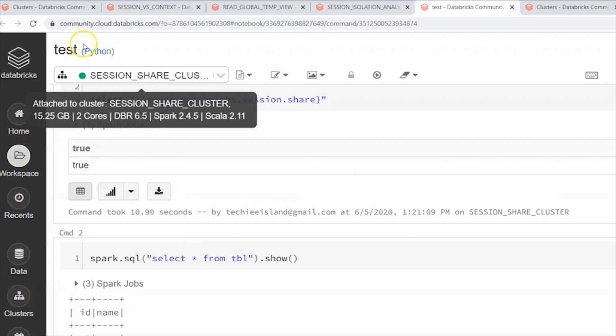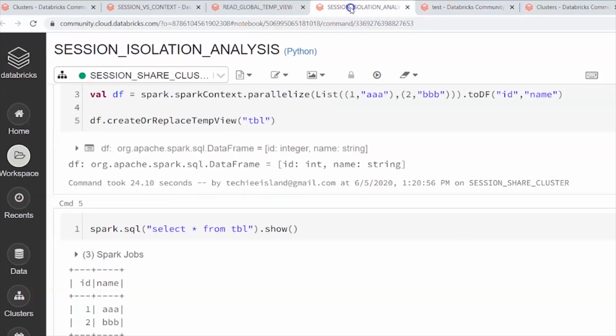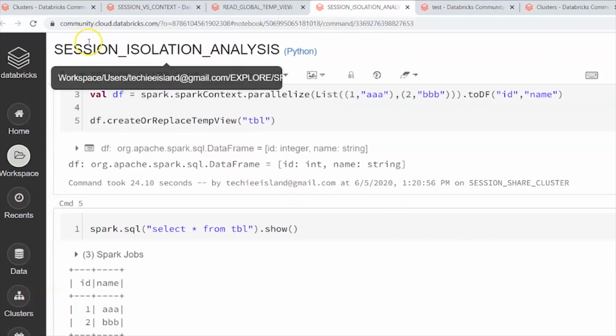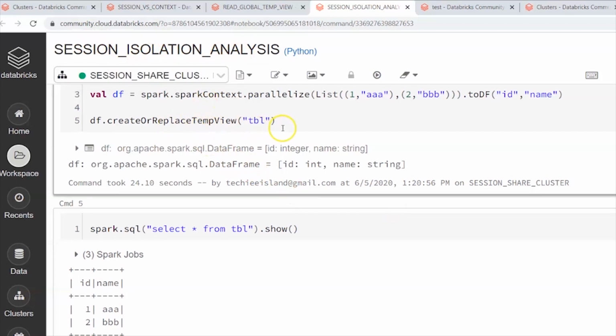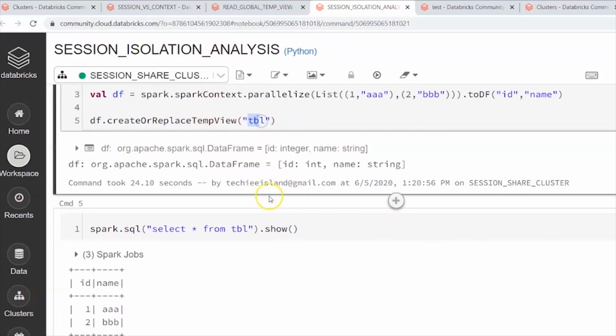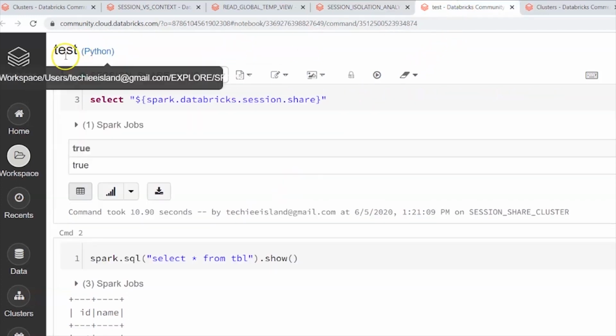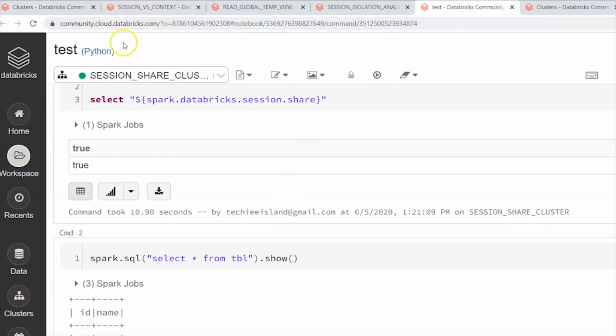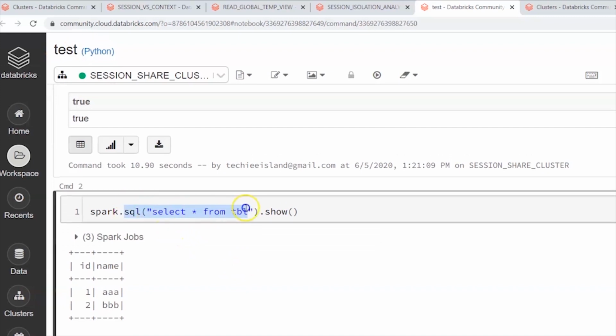This is a completely different notebook. The first notebook, session isolation analysis, is where I created the temporary view, and I am trying to access it in a different notebook named test. Assume this different notebook is a different Spark application, and now we are able to access the same temporary view from the different notebook.